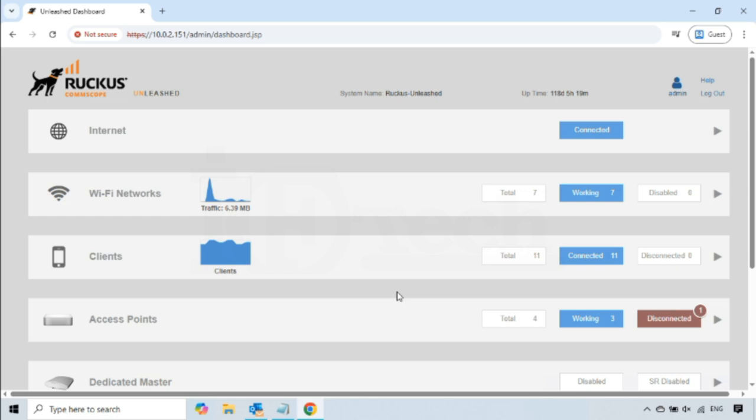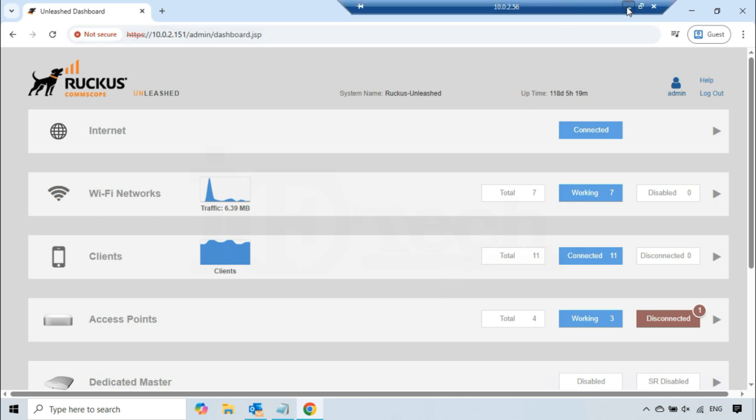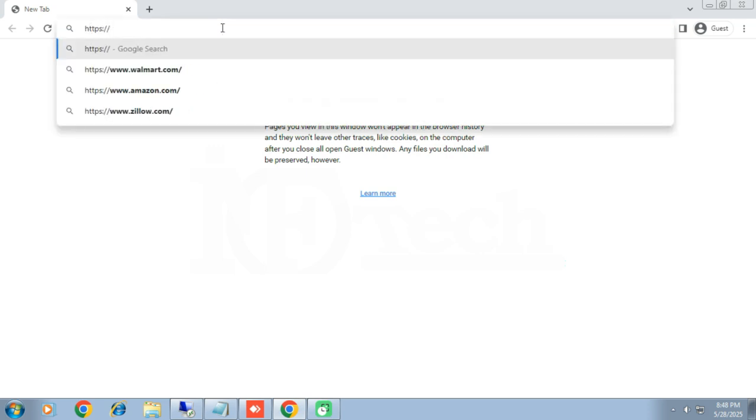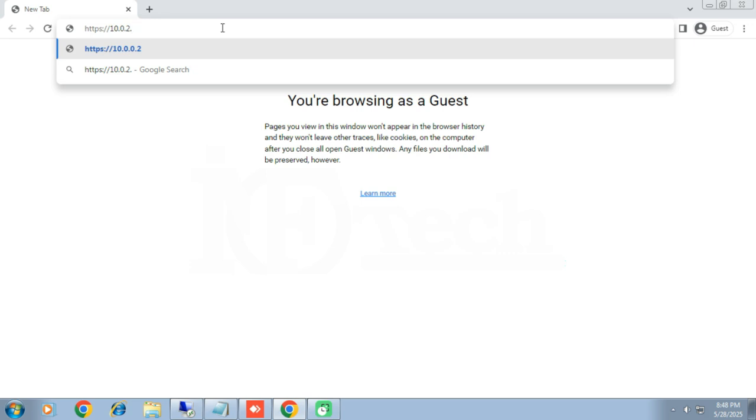Now, I have to verify whether another machine having an IP address other than this range will be allowed or not. So, I will go to my desktop machine, which has a different IP address, 10.0.2.188. The IP address of this machine does not belong to the range of IP addresses that I added to the Management Access Control table. I will open a new tab on this machine and try to access the Ruckus Unleashed network by entering the full URL address. Upon pressing the Enter button, we can see that this machine has no access permission to the